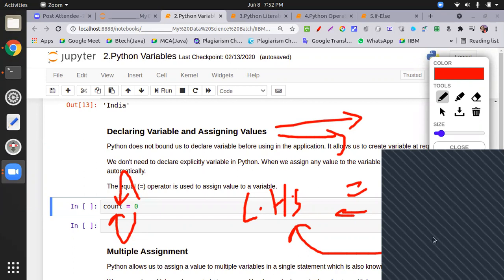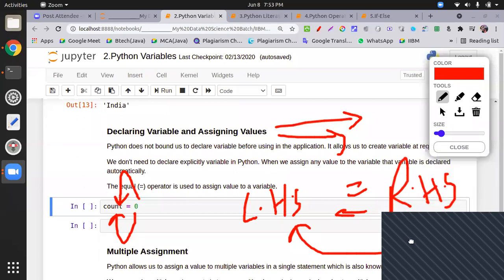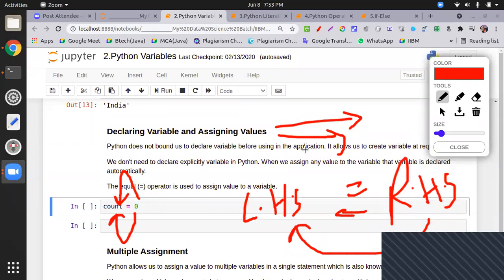First, let me talk. Yes, Akhila, where do we have this kind of allocation left to right? Sir, I don't have any idea regarding programming. Yes, Nisha. Sir, assignment is done from right to left. Yes, it's done right to left, but in one place, one concept, we have allocation left to right. What is that concept? No idea, sir. Function parameter. Yes, if you pass values in a function, allocation is done left to right.